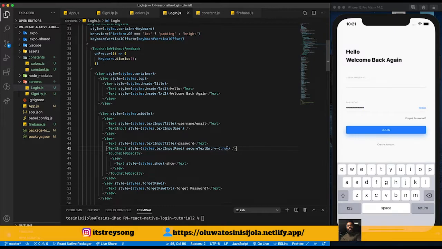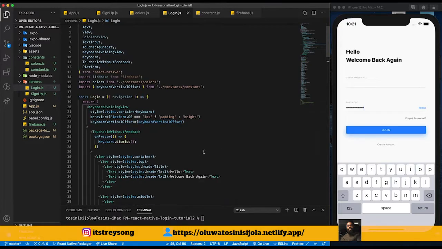I give this secureTextEntry, instead of a true or false condition, the name of that state. So what I'm trying to say is that I'm going to create